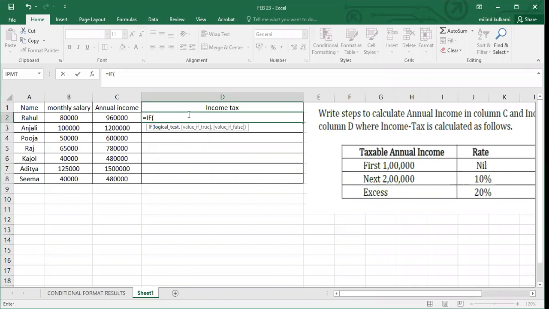The moment I type IF and open the bracket, the system will ask for the logical test, and the remaining arguments are optional. The logical test is the condition. For the first 1 lakh there is no income tax, income tax is 0.